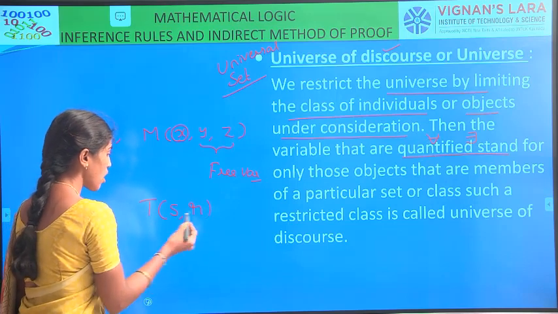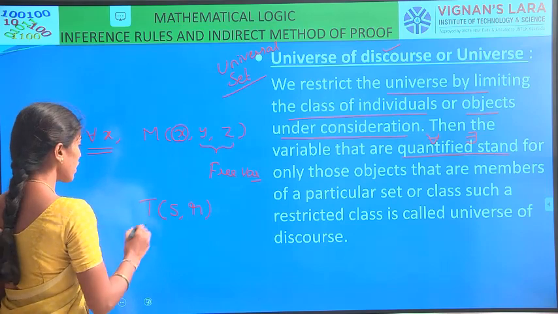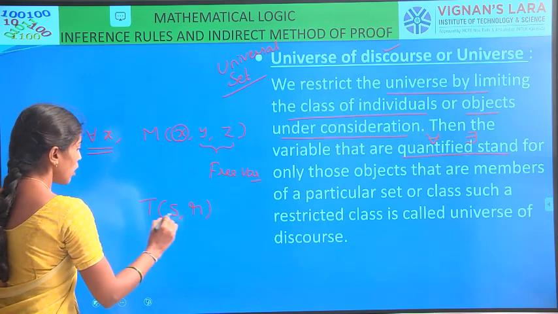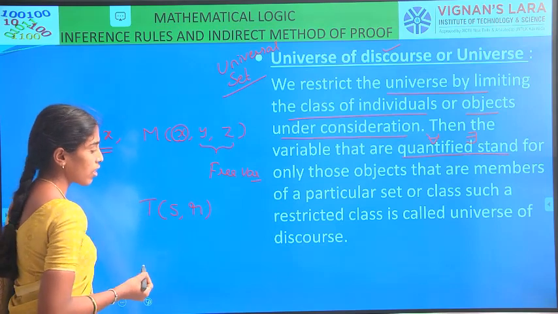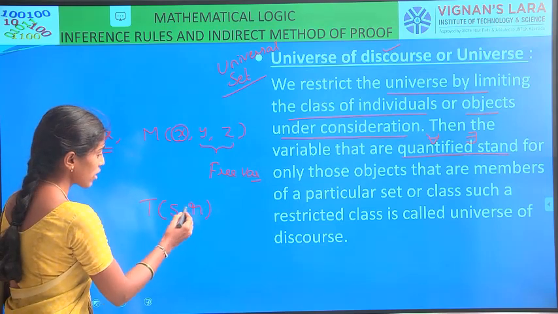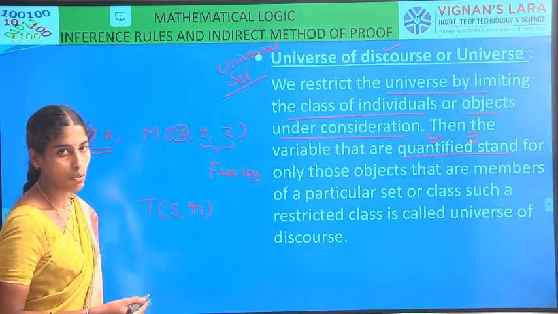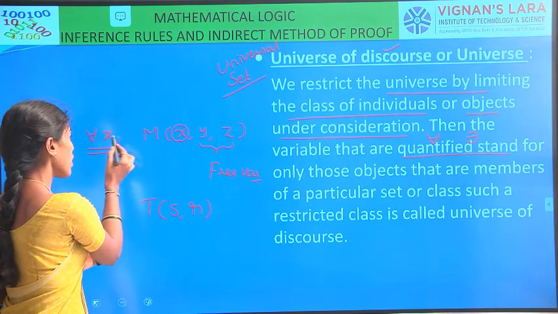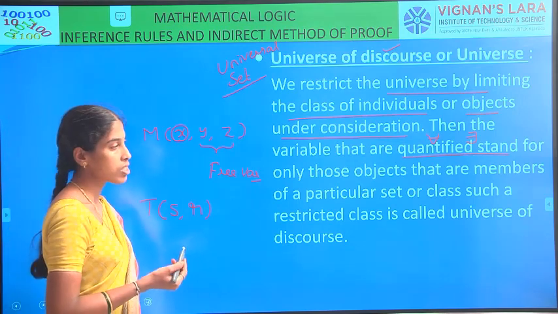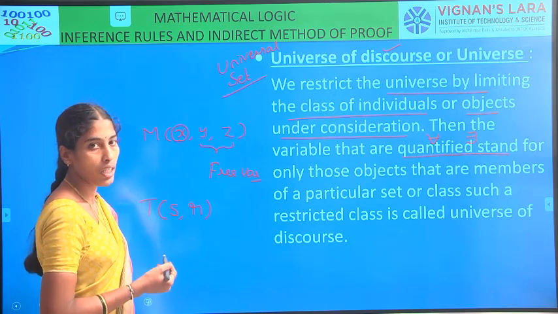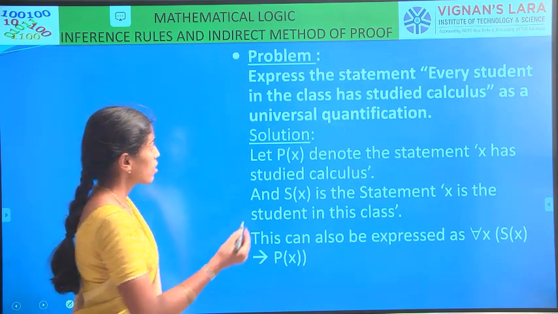Yesterday we saw one example. Sita is taller than Radha. So if I write here, no quantifier is there. Sita is taller than Radha. Now this Sita and Radha both are elements of the universe of discourse, right? So whenever the variable is quantified by some quantifier, it may be existential or universal, we call it as bound variables.